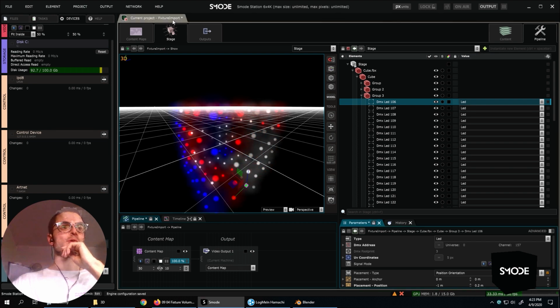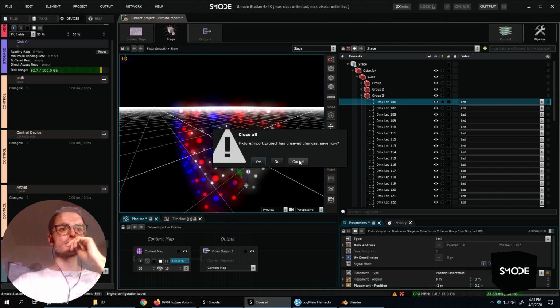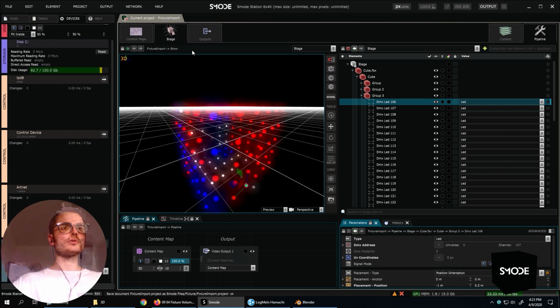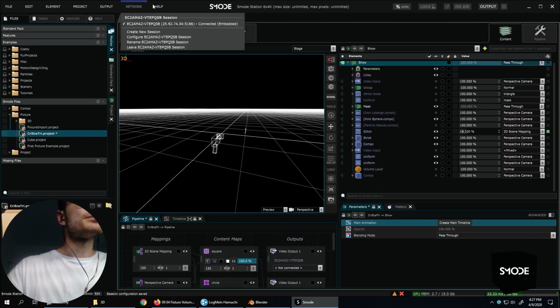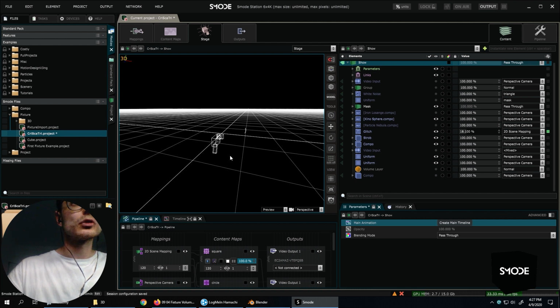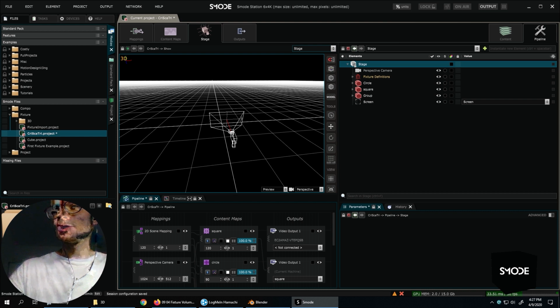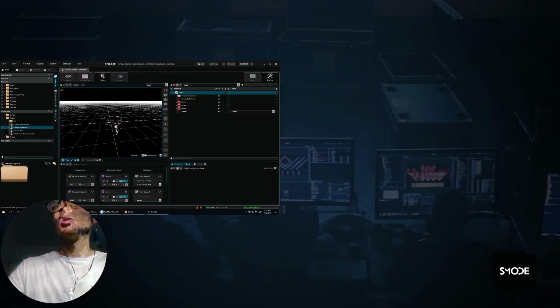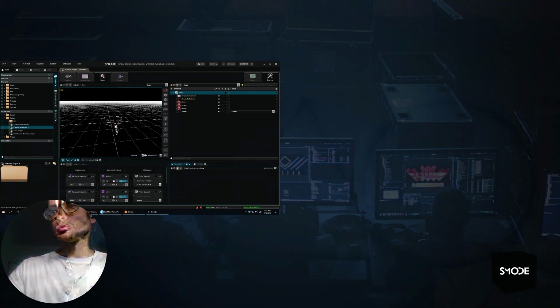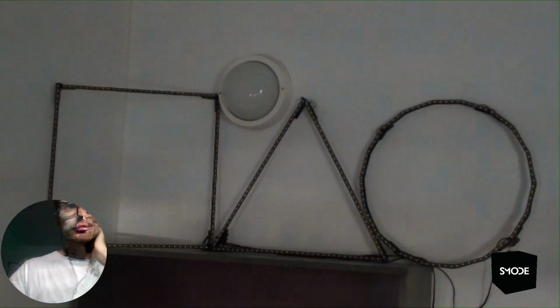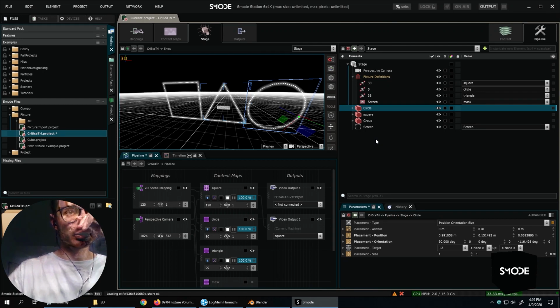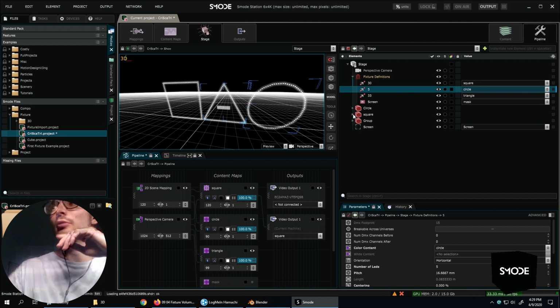Now, let's continue with the concrete example. Maybe save this one. Yeah, it's a little bit strange, but I can show you this setup. We see here the LED. Here I have my element, which was imported from Blender.